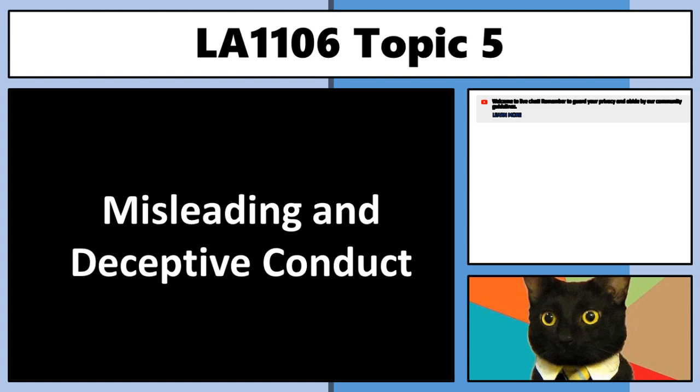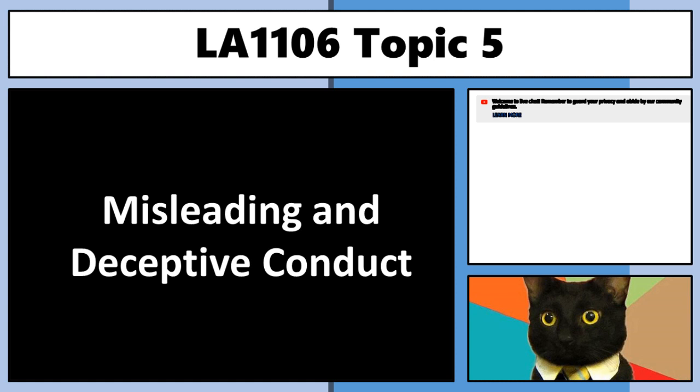Okay, so as I mentioned just before, with misleading and deceptive conduct, if they're in trade and commerce, you are way better off in most situations hitting them with Section 18. Way better off. The only time that you're not is if it's not going to apply. Again, thanks Queensland Justice Association. I would still probably have applied and tried to plead it. I don't think I would have succeeded, but would have tried.